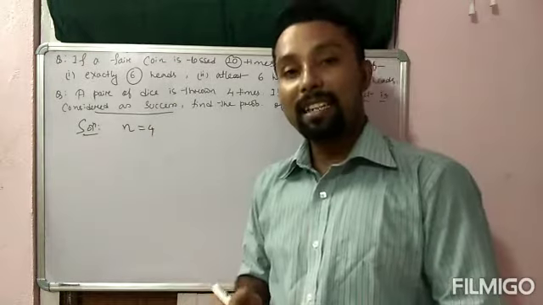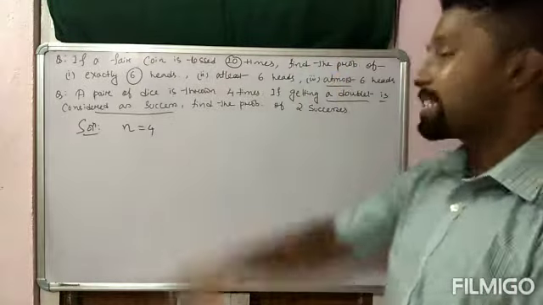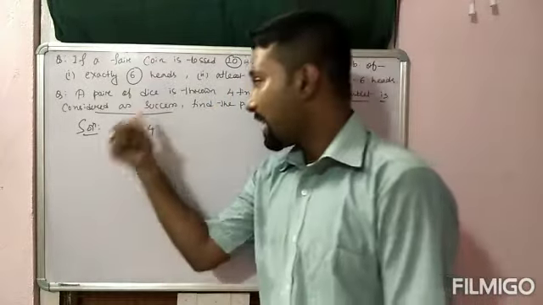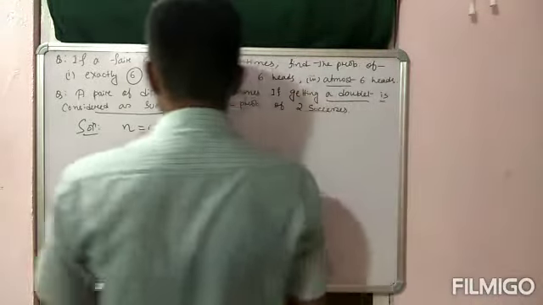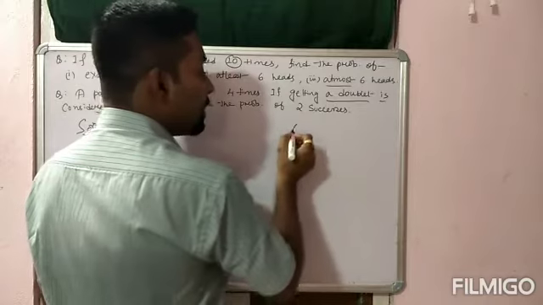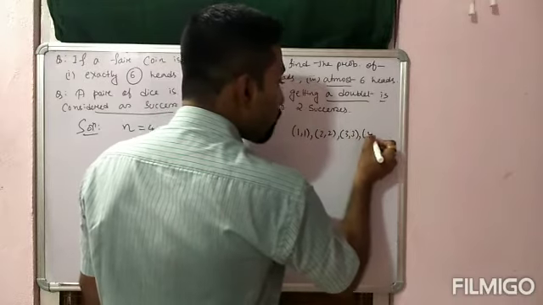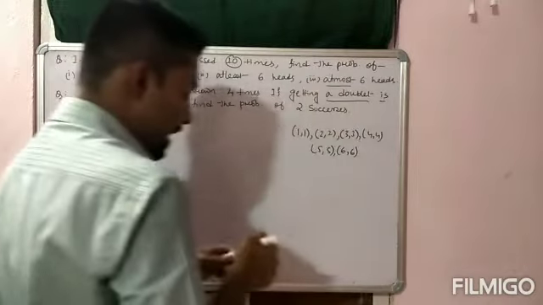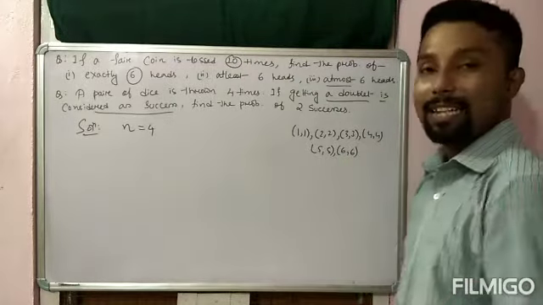In the last question, what was the success? Getting 6 heads, getting at least 6 heads, getting at most 6 heads. So in the last question, head was the success. And in the second question, what success part is given? Getting a doublet. Why doublet? What is the meaning of doublet? A pair of dice is thrown, right? So when a pair of dice is thrown, what doublets can there be? 1-1, 2-2, 3-3, 4-4, 5-5 and 6-6. These are called doublets. Okay? If a pair of dice is thrown, then the possible doublets are 1, 2, 3, 4, 5, 6. These are the doublets.